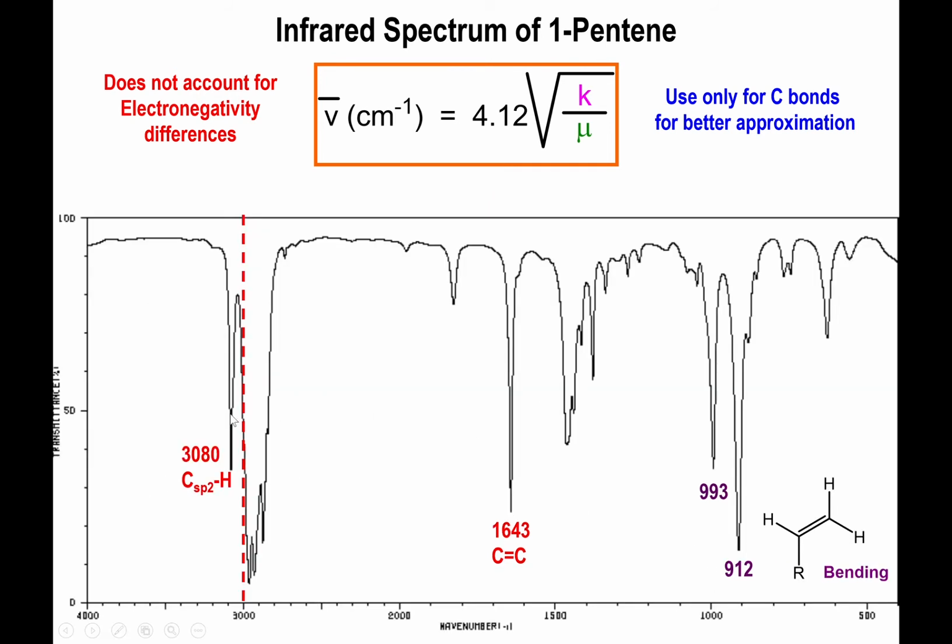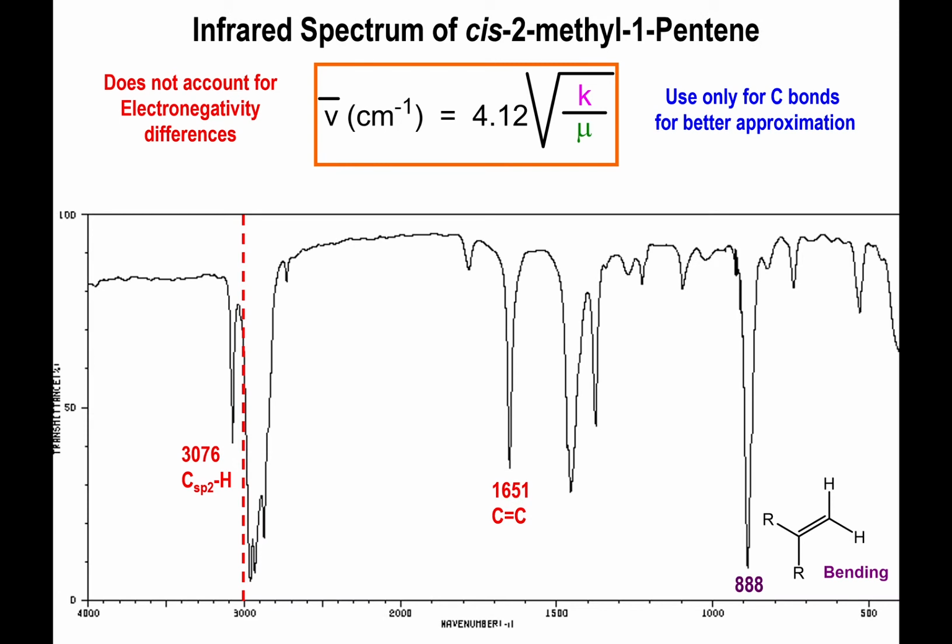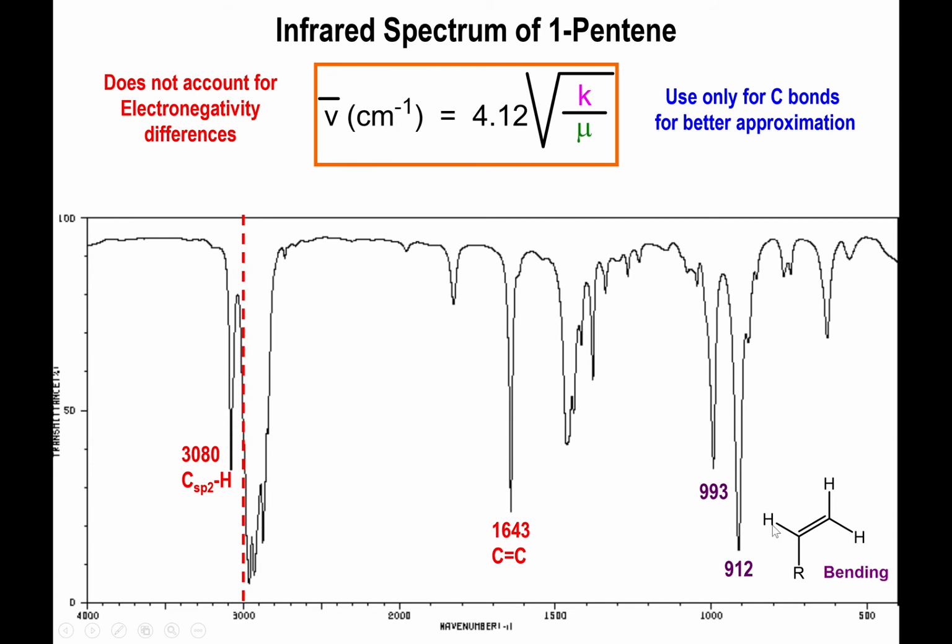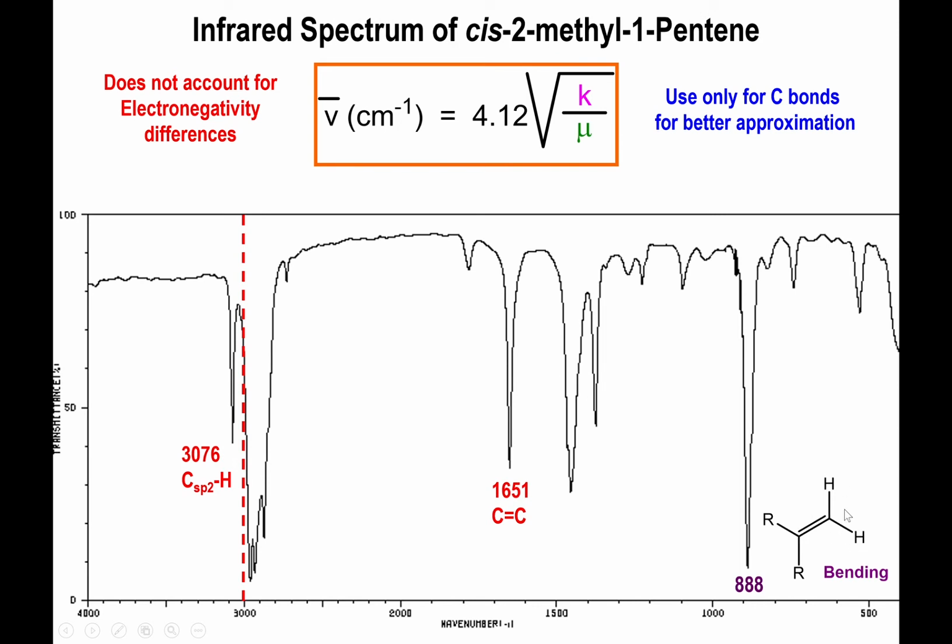Okay, so here's the same graph, a little bit more elongated, so we see more clearly what's happening. Now what I'm going to do is show you another alkene. This is 2-methyl-1-pentene, which only has 2 hydrogens present. And notice the fingerprint region. With the 3 hydrogens bound to that alkene, we had 2 peaks in the fingerprint region. But now with only 2 hydrogens bound to the alkene in a geminal fashion, we only see this strong peak